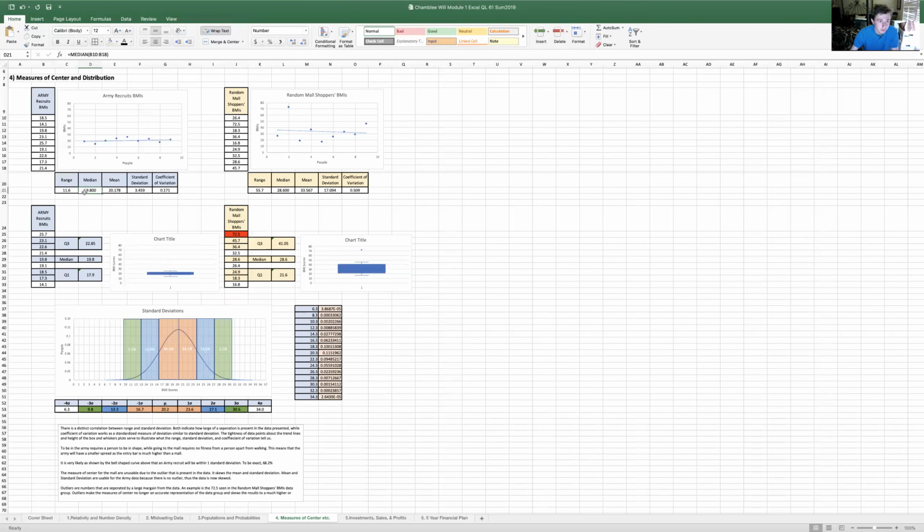To find the median, using Excel, it'll calculate the median for you. To find mean, of course, I'll put average into Excel and it'll calculate it for you as well. Range I did manually. It's just the top minus the bottom, the highest number minus the lowest number to get your range. And then standard deviation and coefficient of variation done by Excel as well. We didn't do this in Excel. We took F21, which is the standard deviation, and we divided it by the mean to get your coefficient of variation. Same on this side as well.